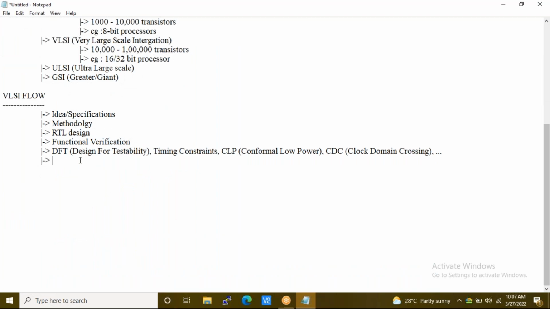So the next step is synthesis. PD, which is physical design. Where you will be having